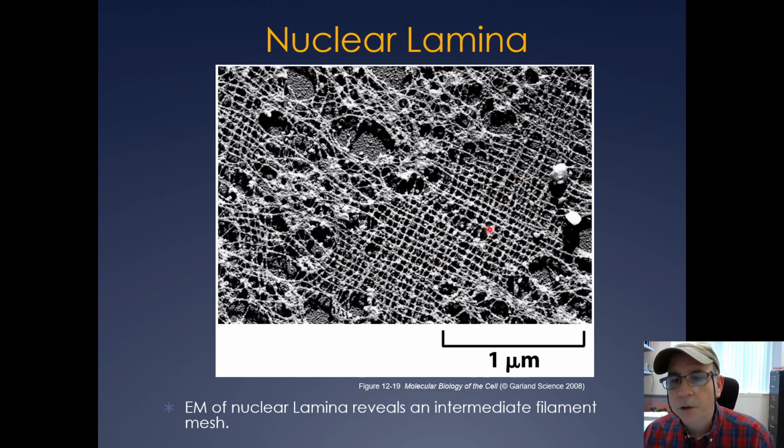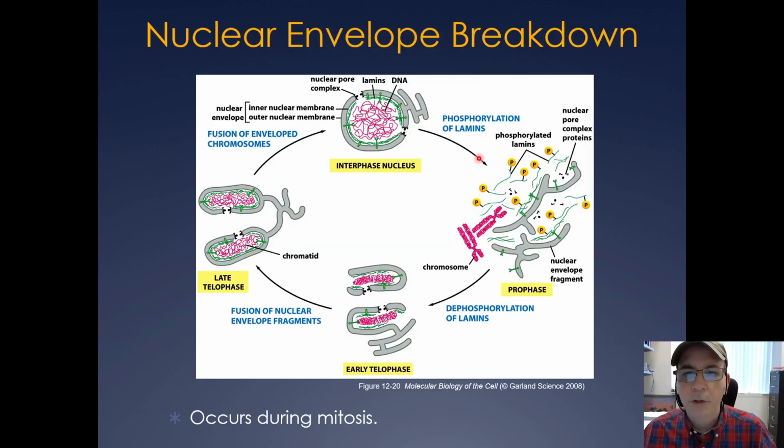And when the cell undergoes cell division, this nuclear lamina is actually broken down. Okay, and so what you have is an interphase nucleus, then you have your nuclear lamins associated with the inner membrane of the nuclear envelope,